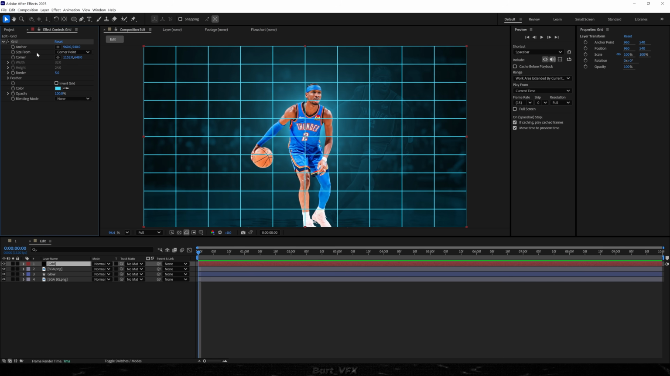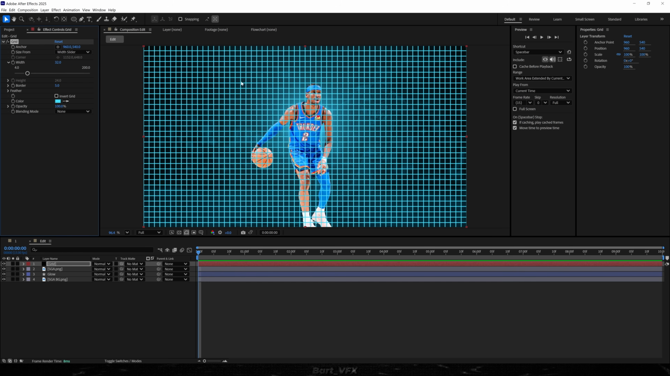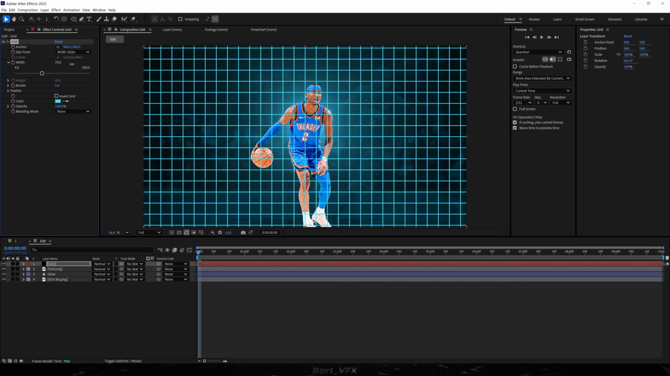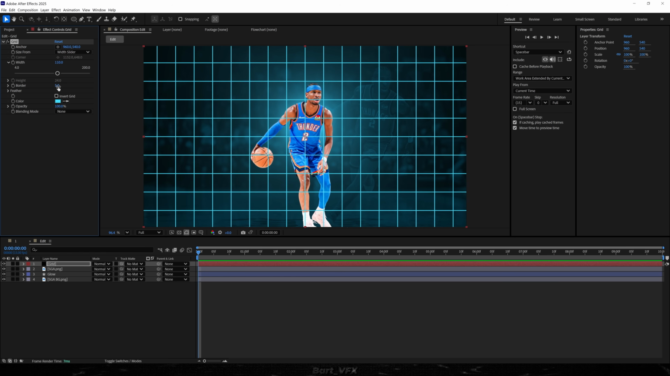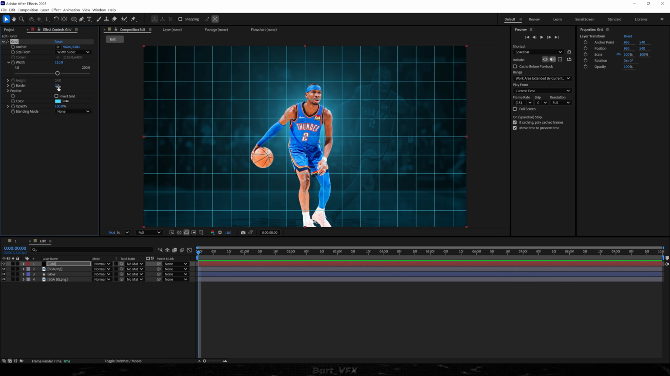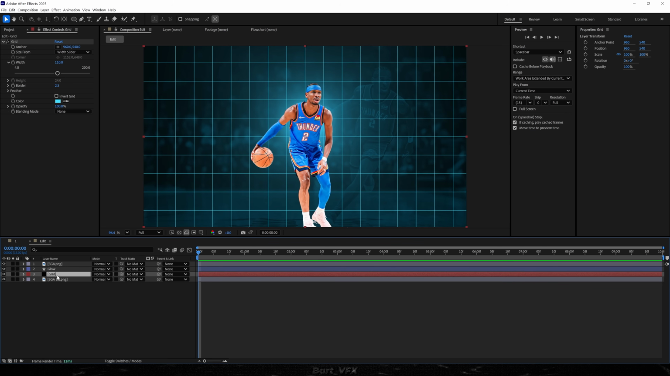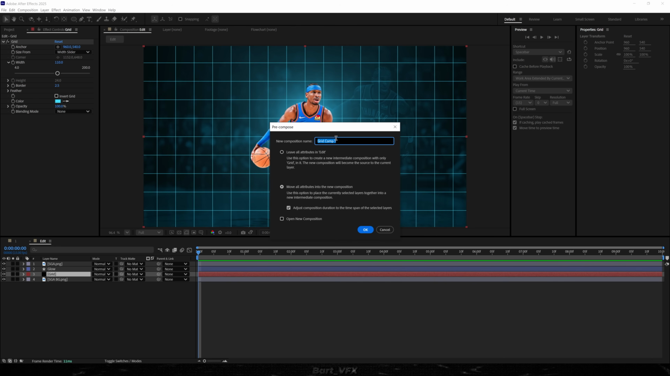Then I'm going to go over to size from, and change it from the menu to width slider. This is going to make an even grid, and it's going to be easily controllable over here. So you want to set the width to 110, and then we're going to set border to 2.5. Then we're going to place the grid below the glow, and pre-compose it. So right click, go over to pre-compose, and just call it